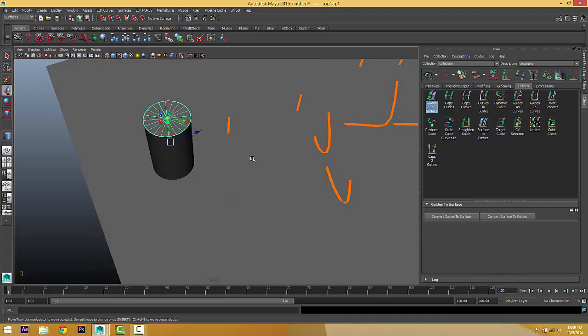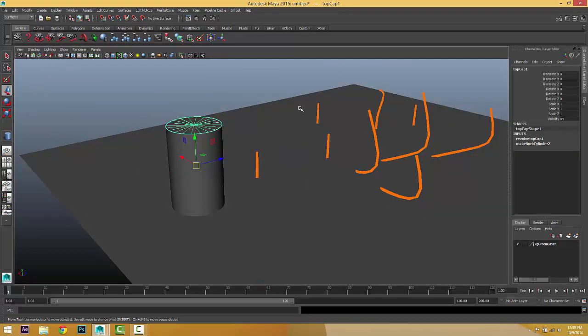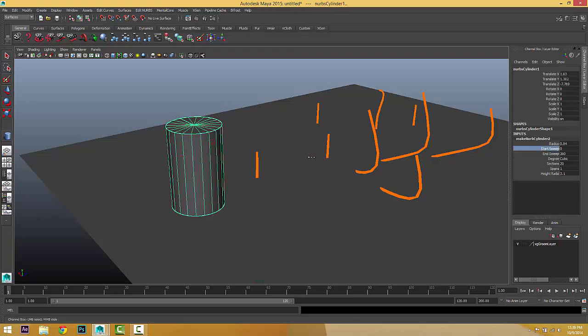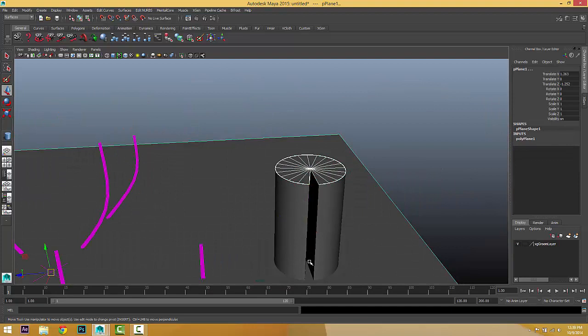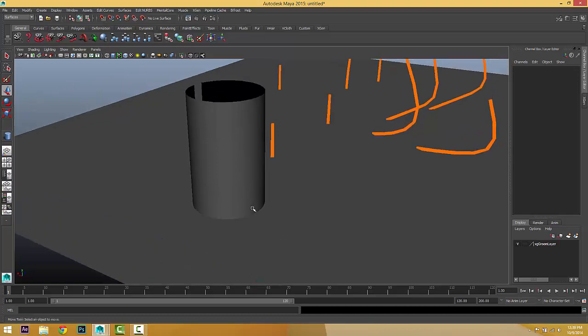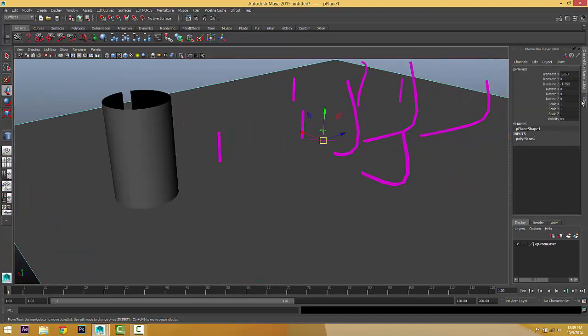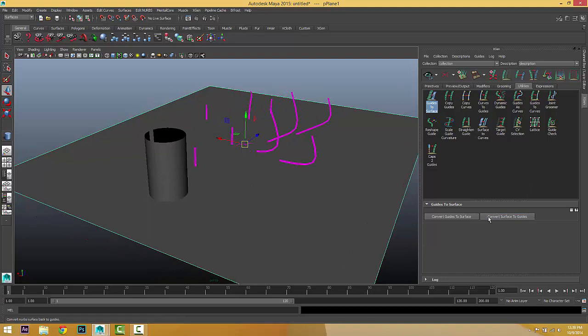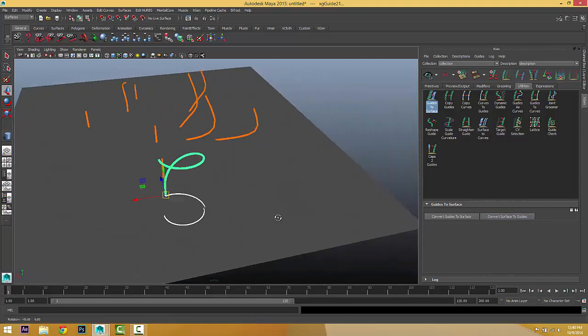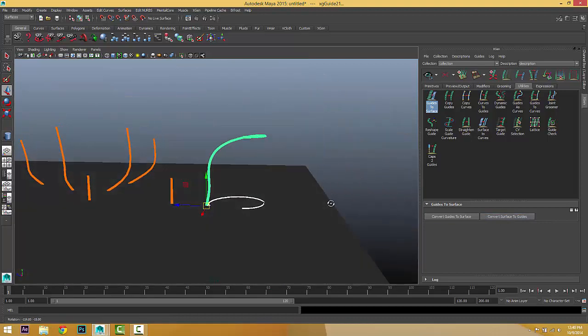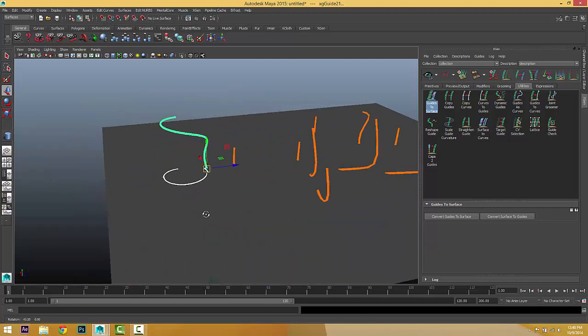Okay, let's do another one. Select this one. Before deleting the caps, let's add some sweep, making it a little bit open, and then select the top and the bottom caps. Maybe this time we get a little bit more expected results, hopefully. So select the surface, choose convert surface to guide. Again, we got a spiral-like shape.